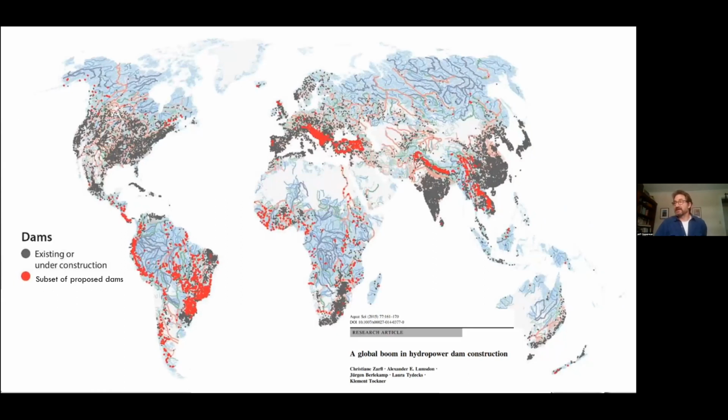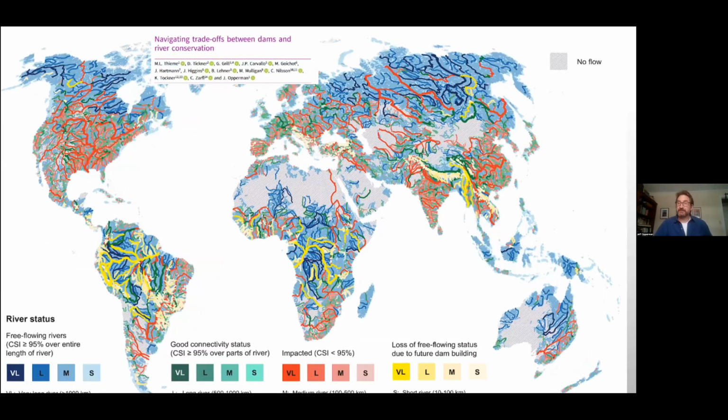And we can see that in much of the world that today has free-flowing rivers, such as the Amazon and the Congo, there are dams planned that would fragment those rivers. And in Asia, if we look at the Salween and Irrawaddy. And what would happen if those dams were to be built? This was research led by Michele's team. And in yellow are rivers that were previously free-flowing that would no longer be free-flowing if those hydropower dams were to be built. And all the benefits that come with those free-flowing rivers, including the sediment delivery to deltas, migratory fish, these are not just biodiversity, these are some of the more important ecosystem services that rivers provide.